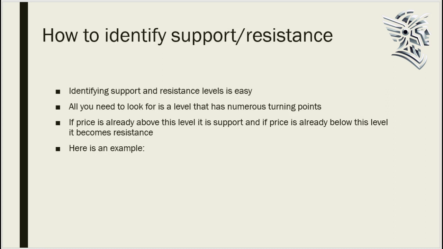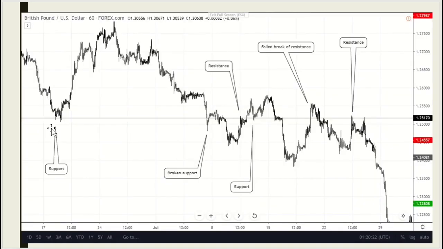So how do you identify support and resistance? Well, identifying support and resistance is easy. Like I said, what you're looking for is a level that has numerous turning points. If price is already above this level, it is support, and if price is already below this level, it becomes resistance. Here's an example. So here you have a nice resistance support level at 1.2517 on pound US dollar,